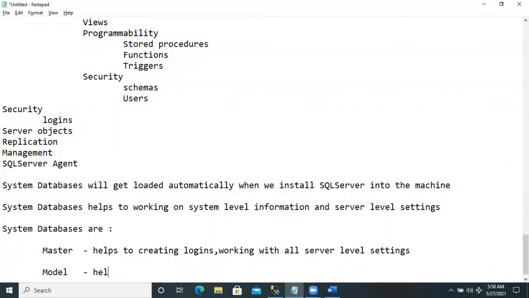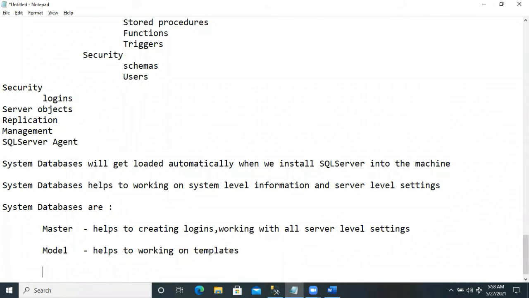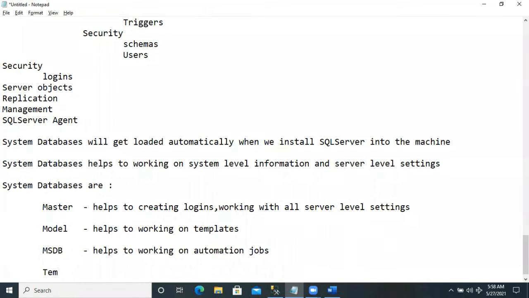The model database helps in working on the templates. Once we create a new database, the model database will get filled automatically. The MSDB database helps in working on automation jobs like backup, restores, maintenance plans. The TempDB database helps in working on temporary databases.